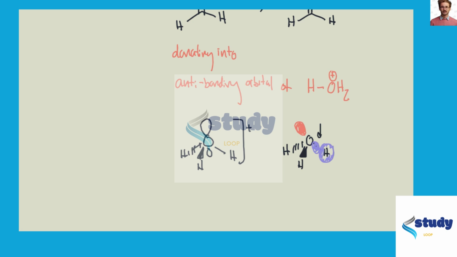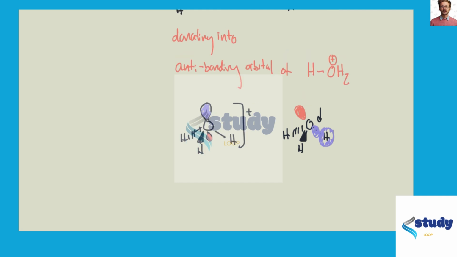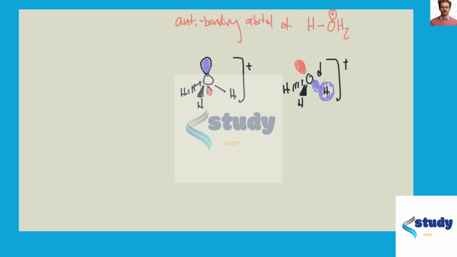And let me color the notes here as well. This is just an empty p orbital. It doesn't represent the bond between oxygen and any hydrogen. You'll note that there are no contributing orbitals on any of the hydrogens. Okay, and then the final option, and this is a cation. And then our final option